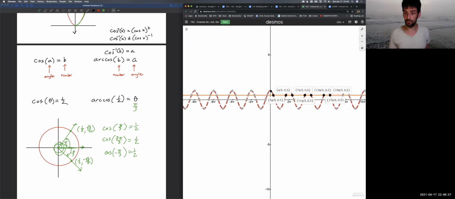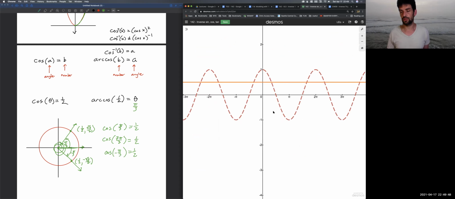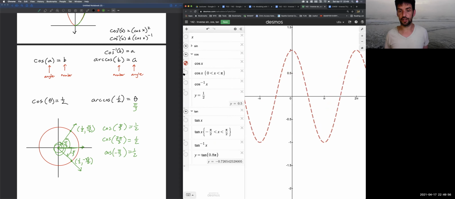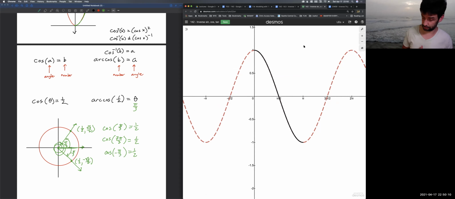If I keep zooming out, we're going to see more and more places. You'll see the ones that I came up with as we were doing this, and we can keep going forever. And so we have to decide which one to choose. Here's the choice we make. We're going to just look at one piece of the cosine graph, the piece between 0 and pi. This part of the graph that's between 0 and pi,